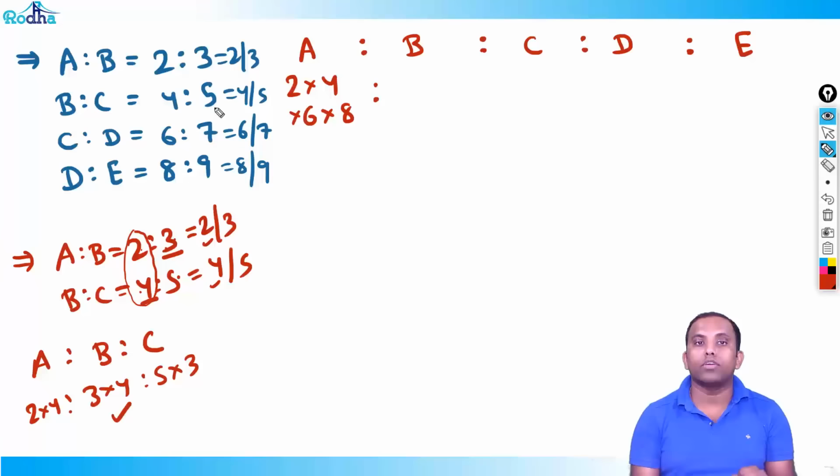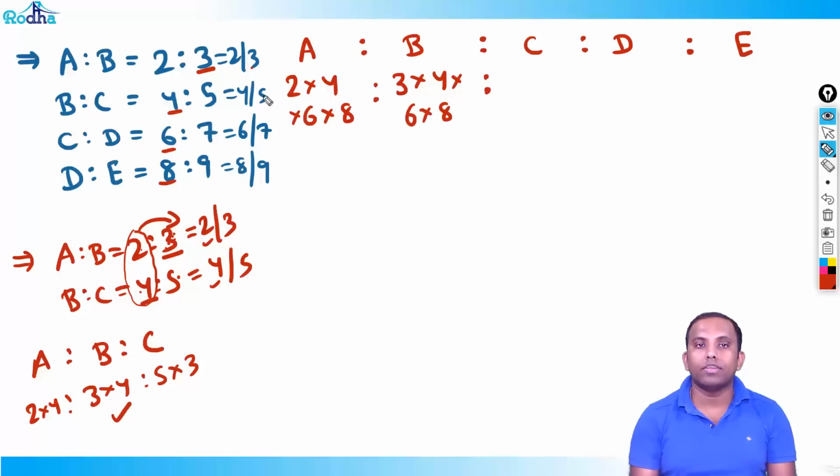Now listen very carefully. For B, how will you write? For B, I shifted one place here, and 3 into 4. That is the first denominator and next numerator. Since B will combine all the 4 ratios, if I shift here, B will be the first denominator, that is 3, and the rest all numerators, that is 3 into 4 into 6 into 8. So B is 3 into 4 into 6 into 8.